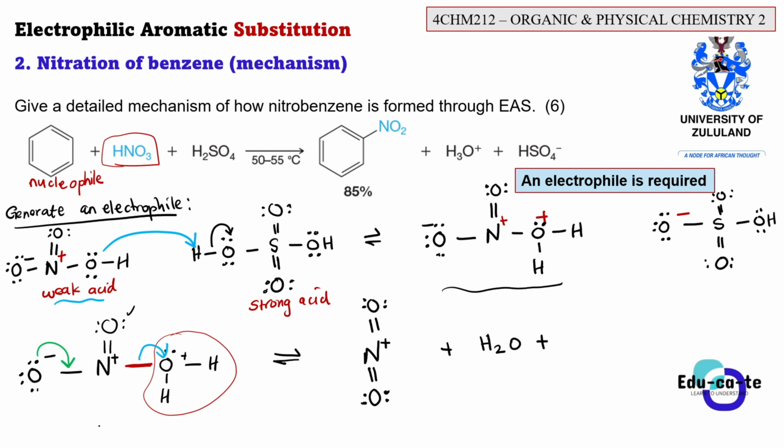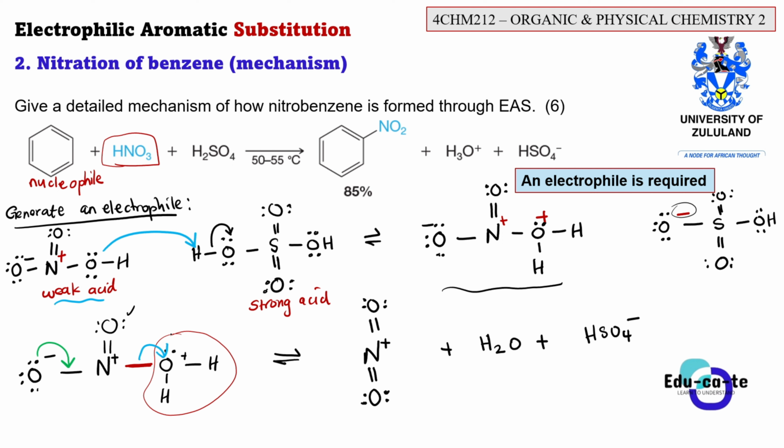When we look here carefully, we have sulfur here. Remember, this is still in our reaction mixture, but in this step we didn't use it. So this sulfur with how many oxygens? 1, 2, 3, 4, with 4 oxygens and 1 hydrogen. It is still a substance within the reaction mixture. It's still HSO4, but here you can see that there's a negative formal charge on the oxygen. So this is HSO4 minus. This is what we still have in our reaction mixture.